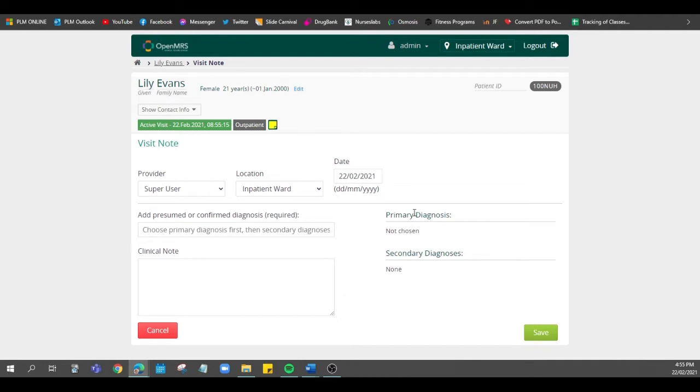Here you will find primary diagnosis, secondary diagnosis, clinical note, presumed or confirmed diagnosis, which is required, the date, the location, and of course the provider, which is me. So I will be typing down her diagnosis, which is constipation. It shows up as non-coded constipation, so I'm going to click that, and it's going to appear in the primary